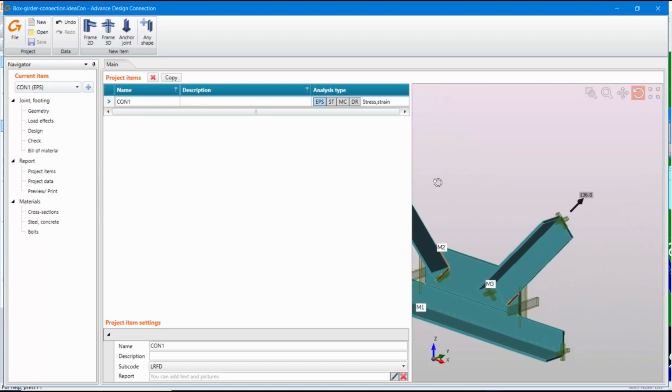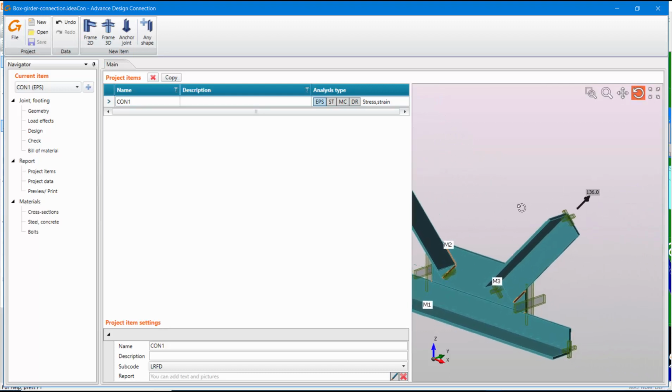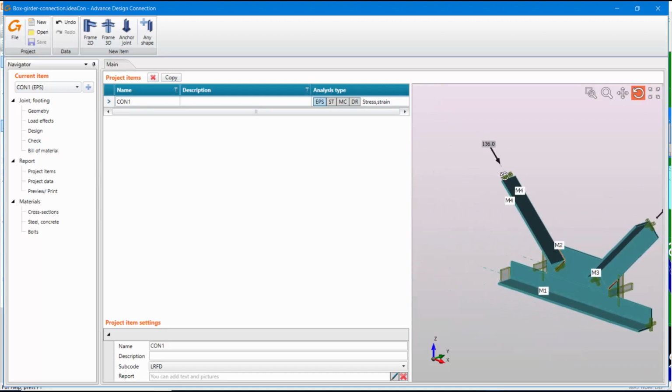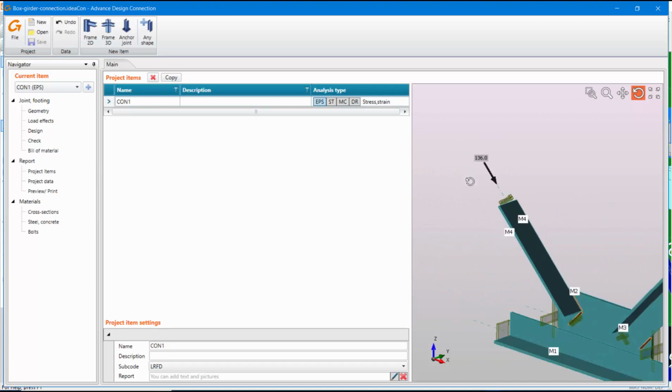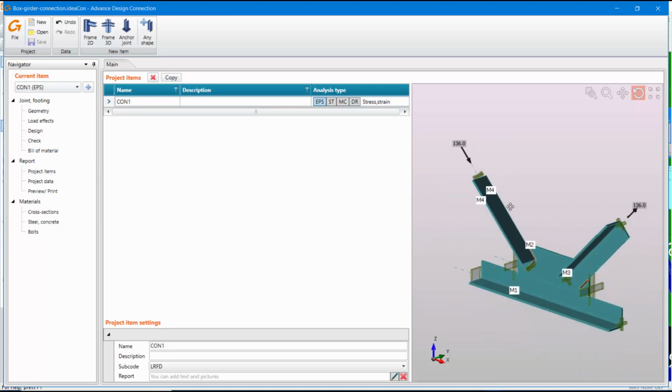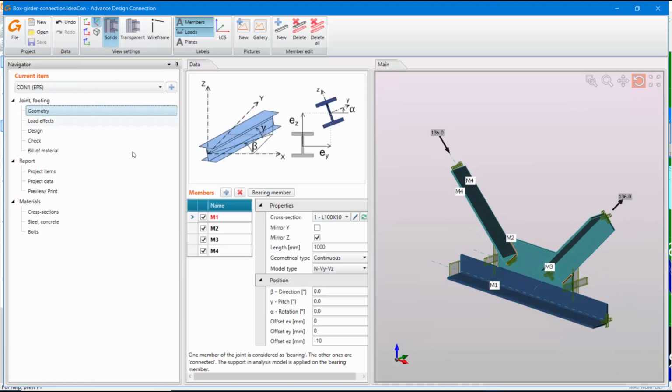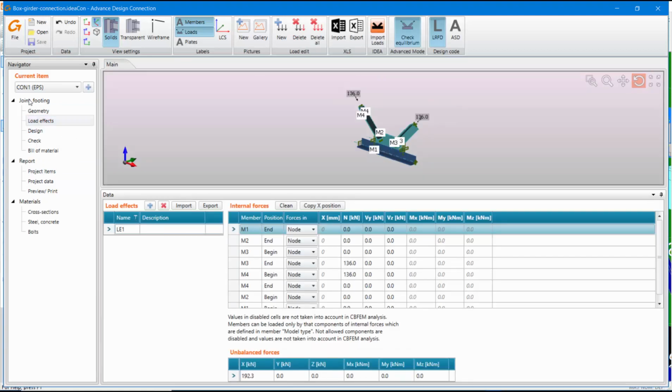The actual forces that I have put in the angles are directly imported or inputted from ADA, or the general finite element software. And if I go back, you can see my members here that have been defined, and then in the load effects section, I have defined just 2 axial forces for my M3 and M4 angles, and after that